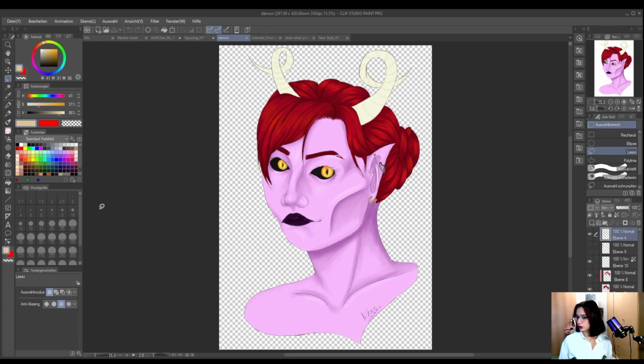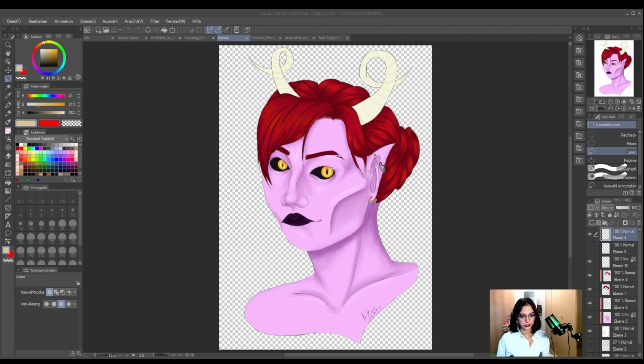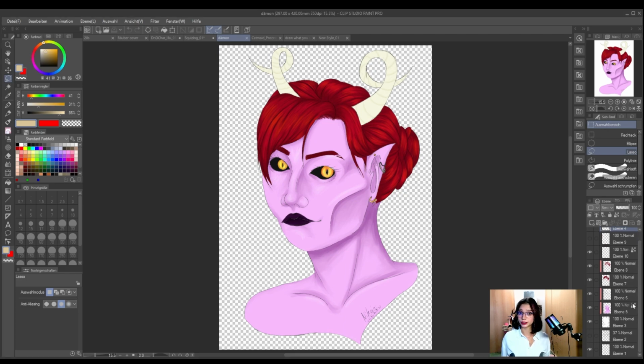So for this we slightly have to move me. So now I'm at the side so you can see the layers. And with this one you can see that there is no management in there, no coordination. They're all just called layer 1, layer 2, layer 3, whatever. Due to the fact that those are only 10 layers, it is still workable. You can easily find out what is on what layer, but as soon as you make bigger drawings, you can't